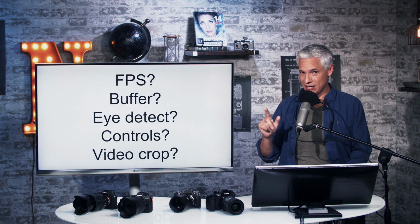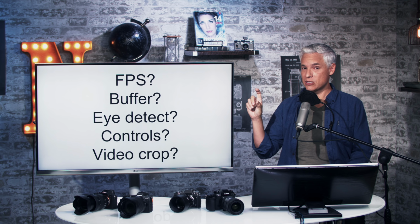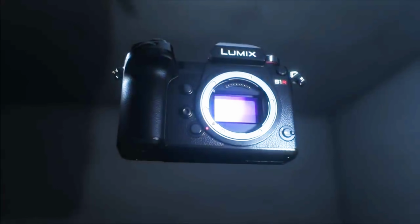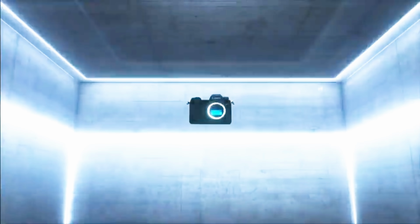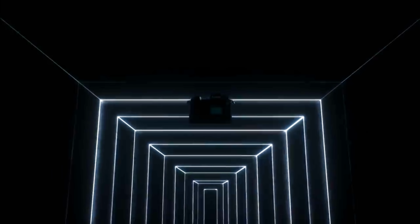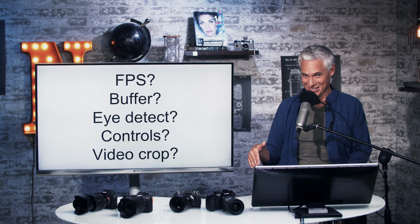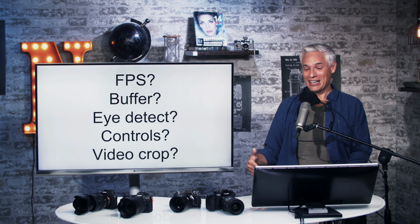It's not a given that 4K at 60 frames a second is going to be full width, especially on their 47 megapixel camera. In fact, nothing like that has ever been done. Panasonic's existing 4K 60 cameras read out at 1:1. They have lower megapixel sensors. If you were to try to do a one-to-one readout on a 47 megapixel camera, you'd be looking at beyond a 2x crop. Basically, you'd be going back to a Micro Four Thirds size sensor, seriously, and that would